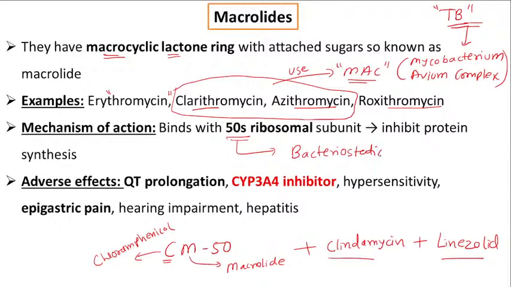क्या होगा? स्टेटिक, क्योंकि ये प्रोटीन सिंथेसिस को इनहिबिट कर रहा है। अगर ये सेल वॉल पे काम नहीं कर रहा है, ये प्रोटीन सिंथेसिस को इनहिबिट कर रहा है। सल्फोनामाइड्स में, सल्फोनामाइड जो है वो मेटाबॉलिज्म पे काम करता है, तो वो बैक्टीरियोस्टेटिक है अगर वो सिंगल यूज हो। लेकिन अगर हम उसको कोट्रीमोक्साजोल के तौर पे कॉम्बिनेशन में यूज कर रहे हैं, तो वो दो ड्रग्स यूज कर रहे हैं साथ में, तो इसकी वजह से उसका बैक्टीरियोसिडल इफेक्ट आ रहा है। But अगर आप अकेला यूज करते हैं तो that was a static, क्योंकि मेटाबॉलिज्म को इंटरफियर कर रहा है।